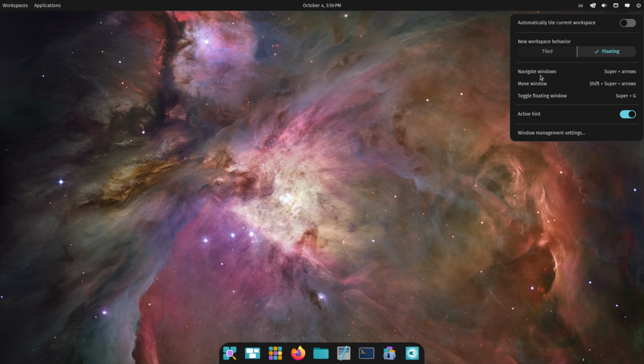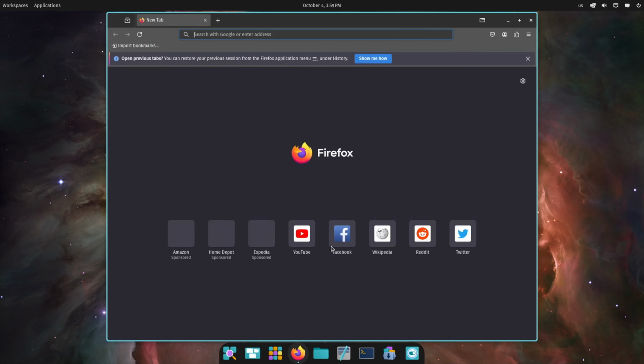Just super plus the arrows to navigate the windows around. To move them, it's shift super arrows, and then to toggle back to floating, it would be super plus G. And the active hint, that is the color around the window. So let's demonstrate that real quick. I'm just going to bring up